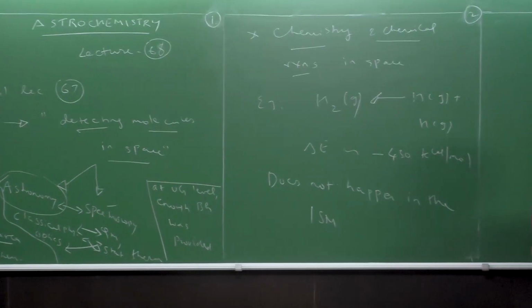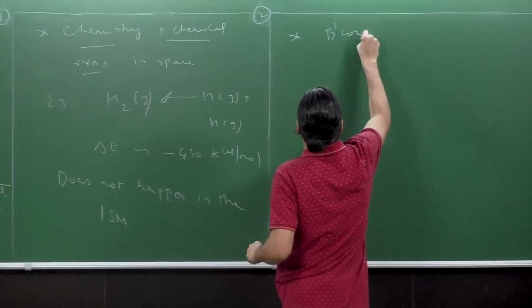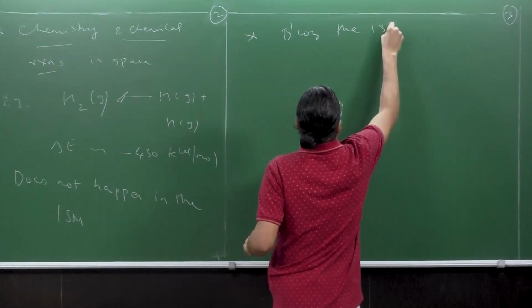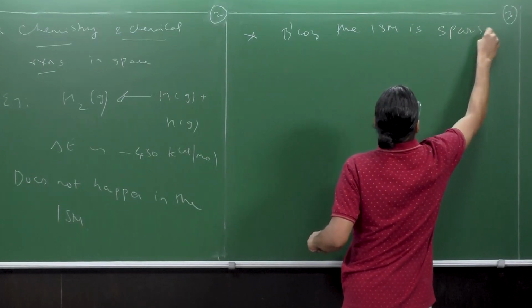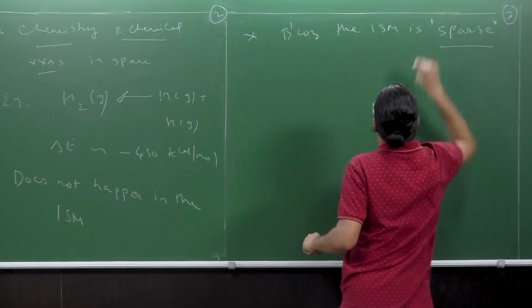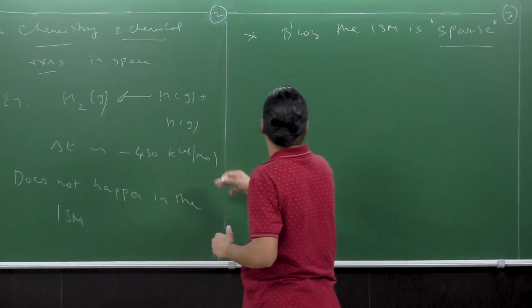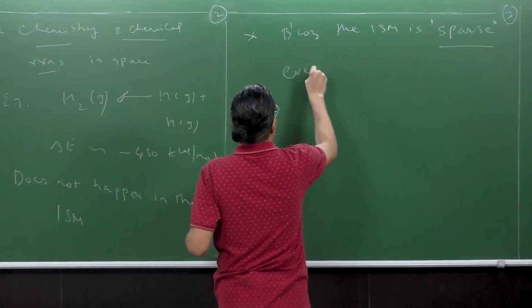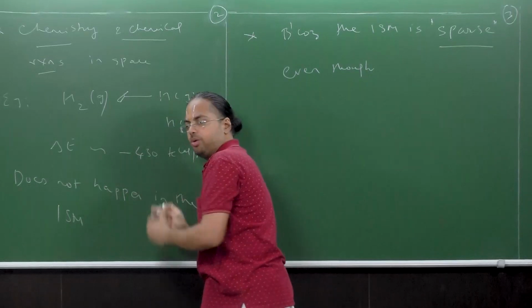In other words, because the ISM is sparse, and by sparse I mean the number density is very low there, even though energy is released,